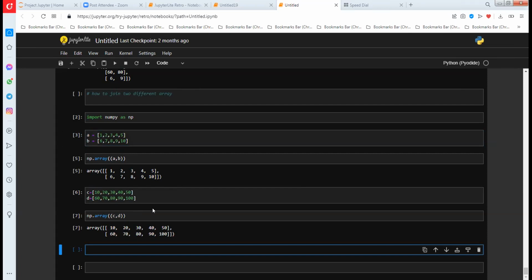If you want to arrange these two arrays,